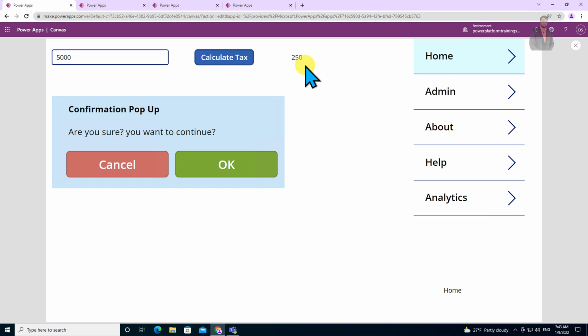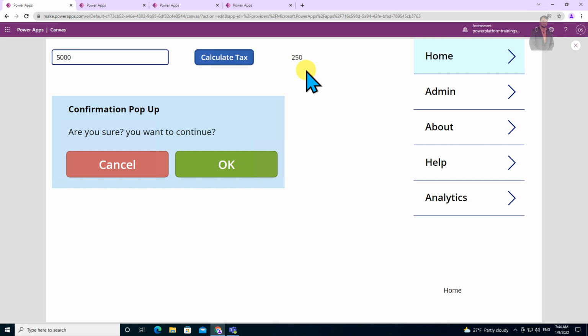Now I have divided this entire video into 3 different parts. In the first part I am going to show you the different ways to develop a Power Apps component. Then in the second part we will build this kind of pop-up, which will explain the behavior property to create a custom event. And in the third part we will talk about how we can create this type of reusable function with the component. So stay tuned for all 3 episodes with me.